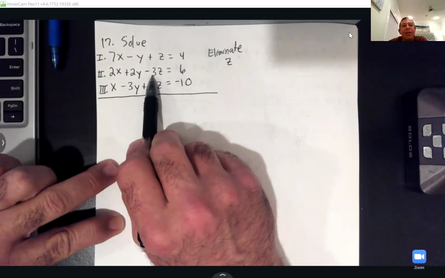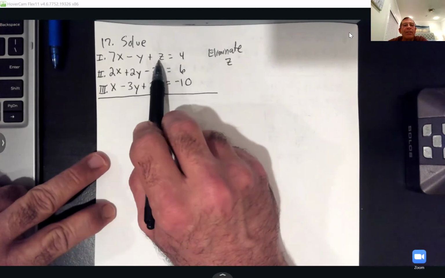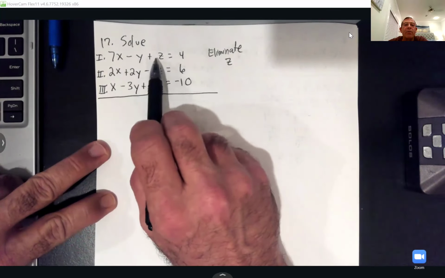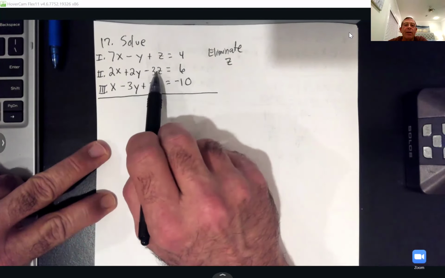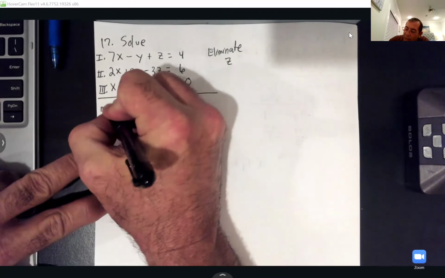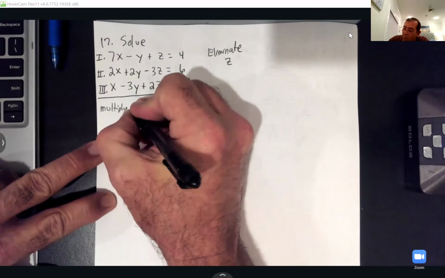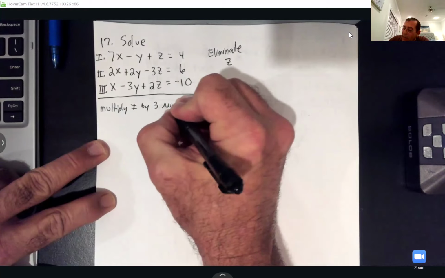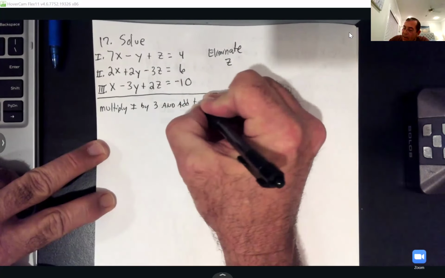But 2 has a negative 3. 1 has just a Z. So I'm going to multiply row 1 by 3 so that I get a 3Z here. That'll cancel with my negative 3Z. So I'm going to multiply 1 by 3 and add